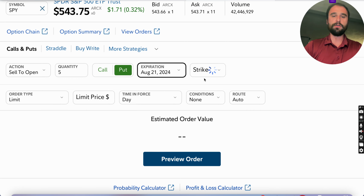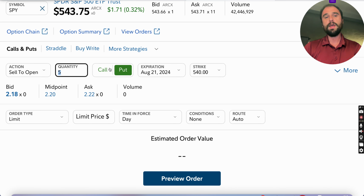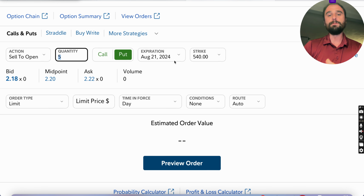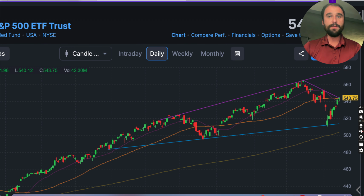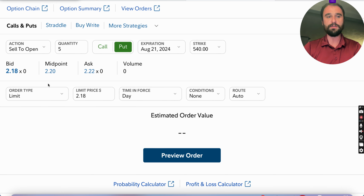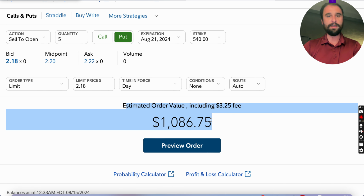So August 21st at a strike of 540, we're agreeing to buy, in this case, since each options contract, whether it's a call option or a put option, gives you 100 shares of stock or an ETF, 500 shares of this ETF at $540 up until August 21st, 2024. Depending on what happens, if SPY is below 540, then we will get assigned this position. But regardless, we still pocket the current price of the option. This can change, keep in mind, but in this example, we're doing over $1,000 after commission,